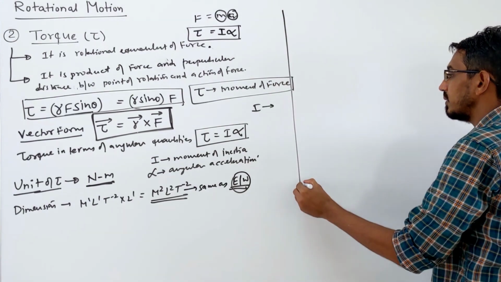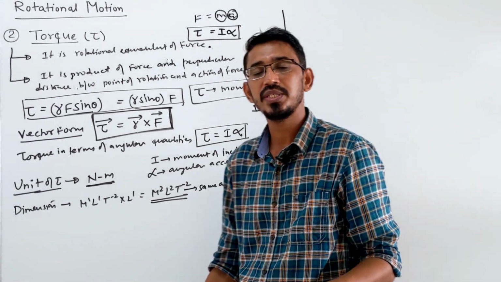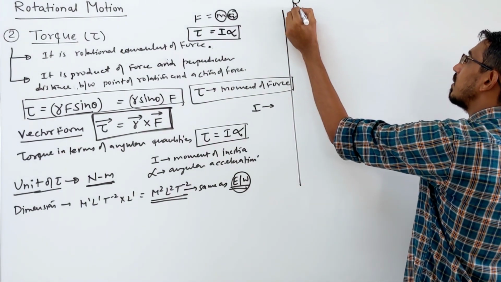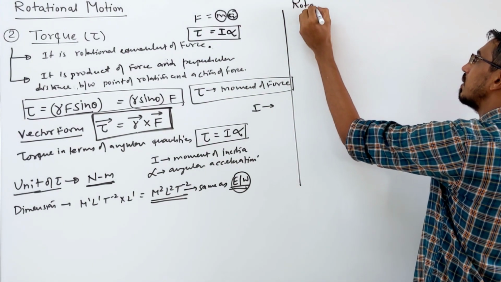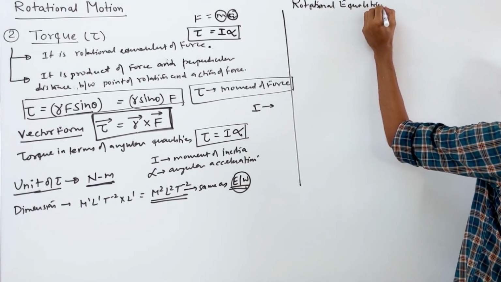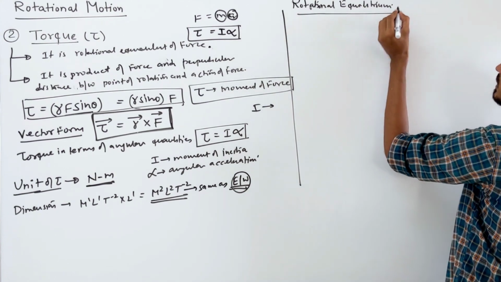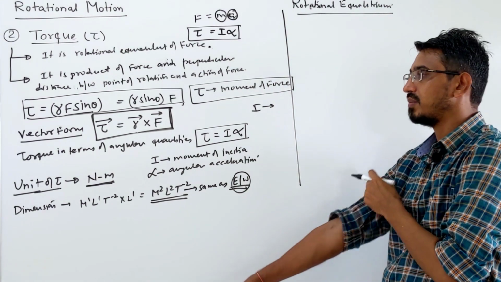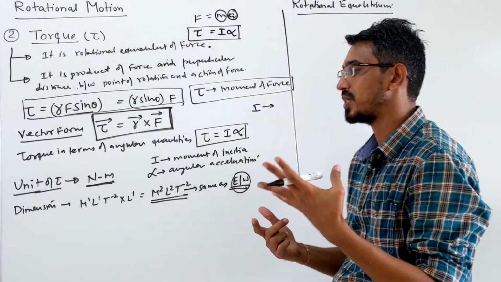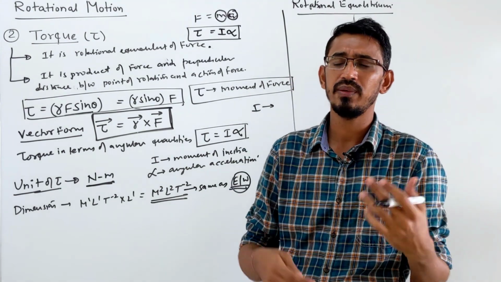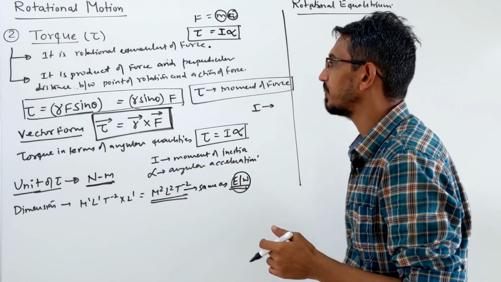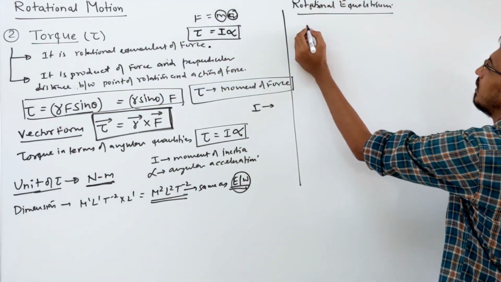In the linear chapter we have done that for equilibrium the net force should be what? 0, right? Same here, this is called rotational equilibrium. Linear equilibrium, translatory equilibrium, we have learned, where the net force should be 0 or the net acceleration of the system is 0. This we have done a lot in Newton's laws. Then we did so many equations, like moving of masses over a pulley and all these things, right?